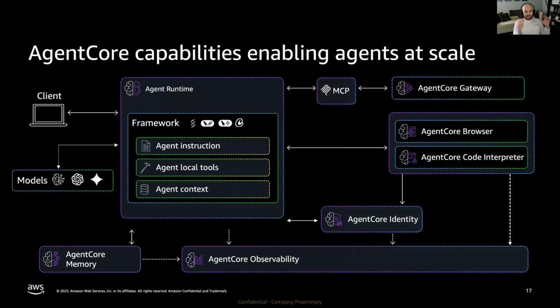All this ends up in a full solution that can adapt to your changing needs. So as new invocations are required, as new visibility tools are adopted in your organization, new model providers, etc., this all